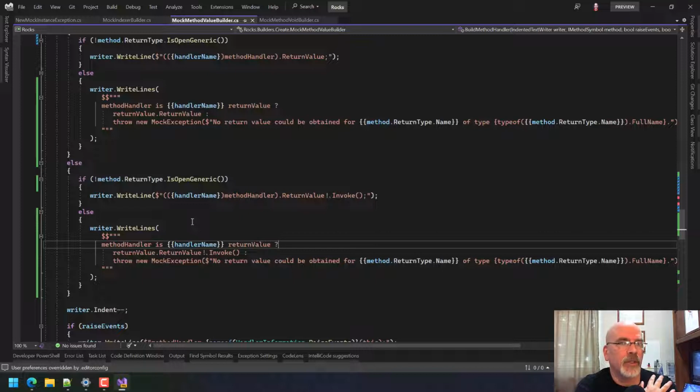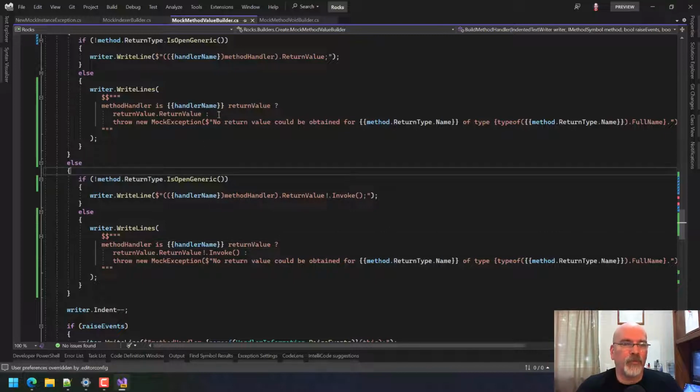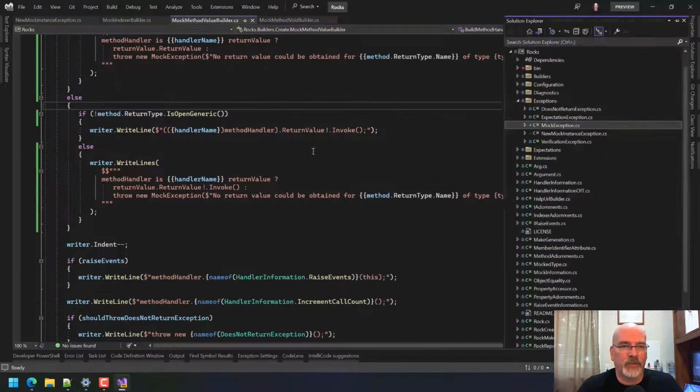And so we're saying it's an open generic. Unless the expectation that we're setting makes it think, oh, you're actually calling it for a closed generic. That might be it. Which is why we'd never be generating any of this code, which means, yeah. So